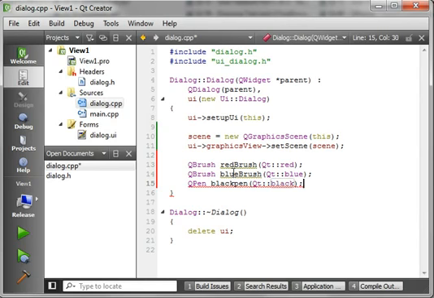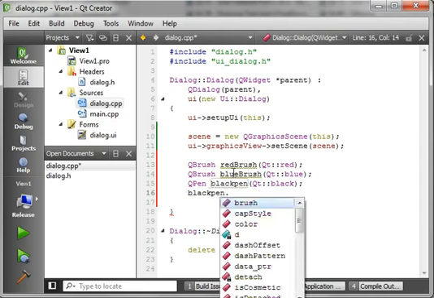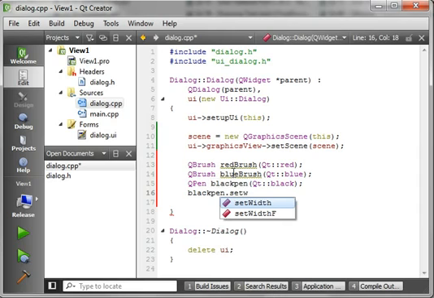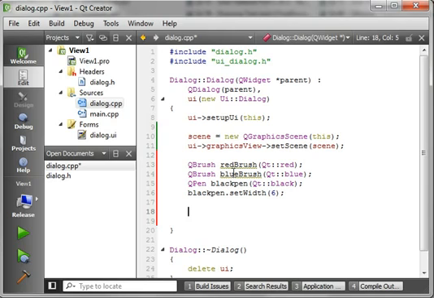Now, the reason why we're creating brushes and pens is we're going to tell the scene we want to create these objects. And to do that, it's going to say, okay, what pen and what brush do you want to use? And let's actually do that right now. We're just going to say ellipse equal, and we're going to say scene,